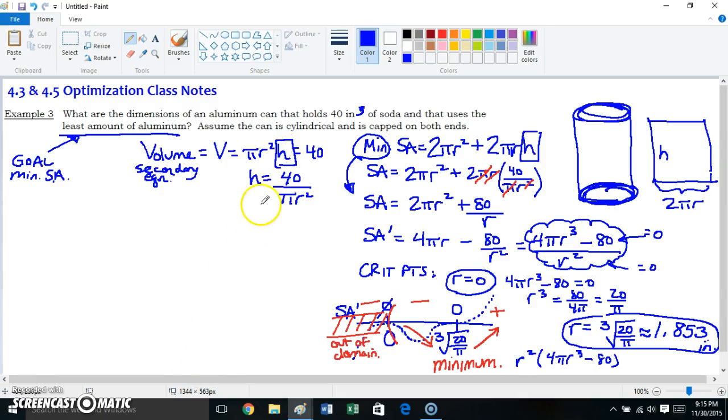Wrapping up the answer to example number 3 about the soda can. We found that the cube root of 20 over pi is a radius that gives a minimum surface area. So we're just going to finalize the answer and say r equals the cube root of 20 over pi